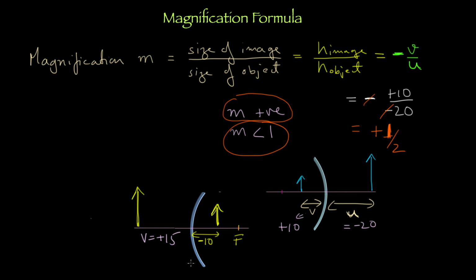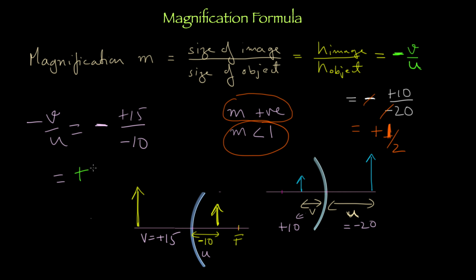Say a plus 15, right? This is my u, minus 10, v is plus 15. I apply the formula blindly, minus v by u. And what do I get? Minus of the formula, then v is a plus 15 and u is a minus 10. What do I get? I get a